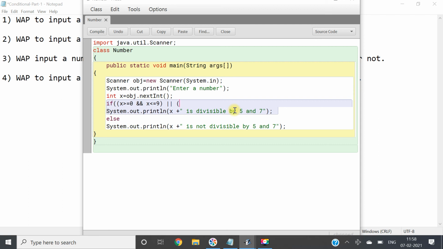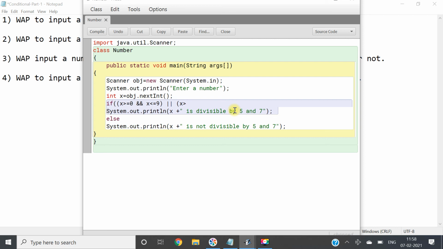Again the condition will be, now we will check the negative single digit. So for that, what will the condition be? x should be greater than or equal to -9, or you can give x greater than -10 or greater than or equal to -9.